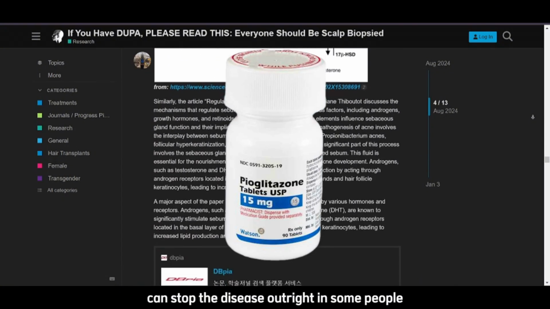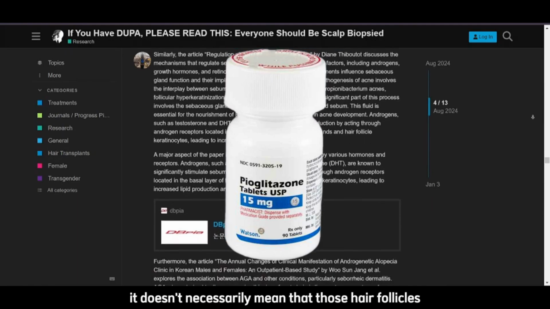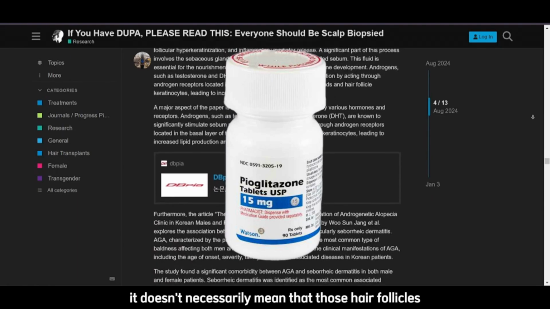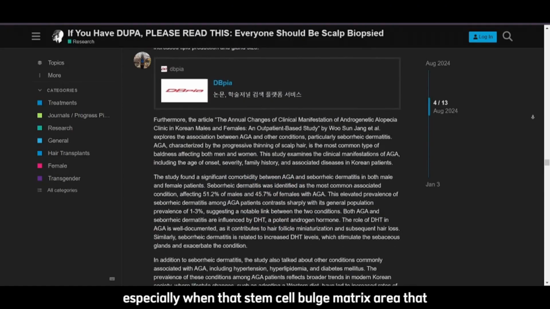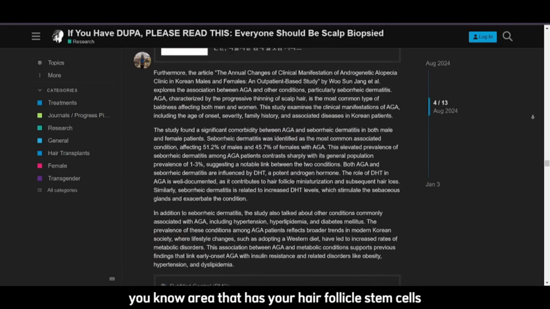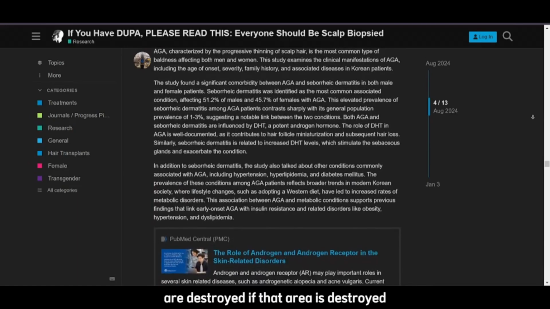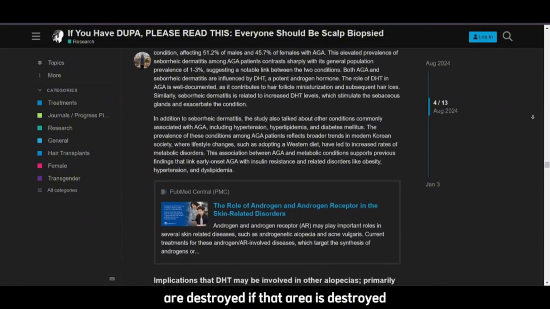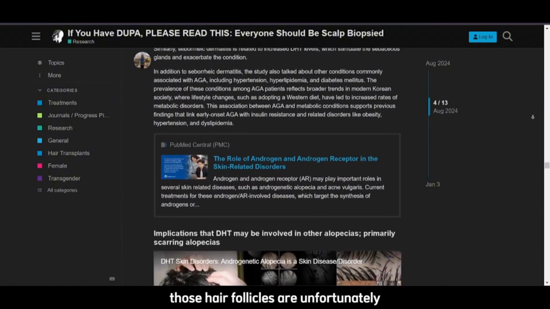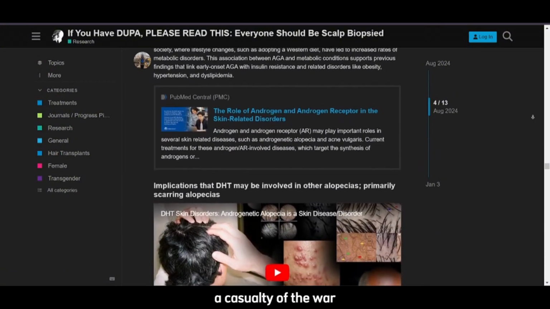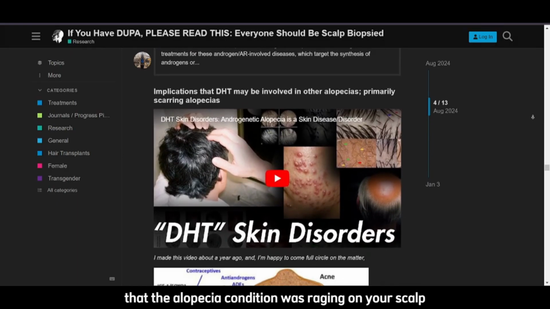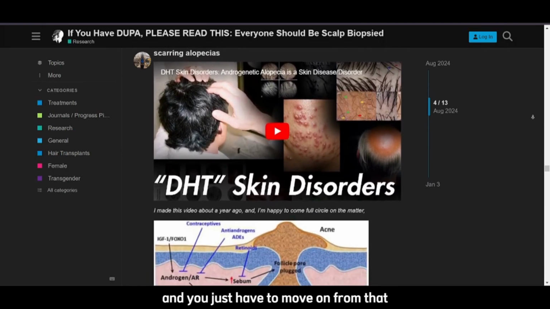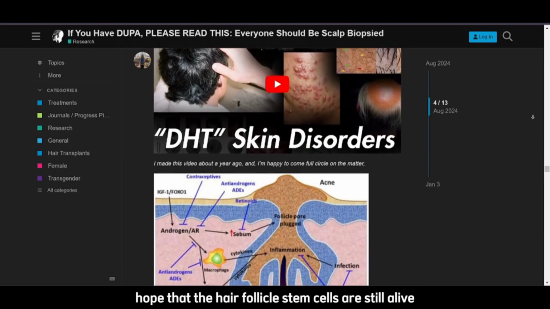Can stop the disease outright in some people, but it doesn't necessarily mean that those hair follicles are going to come back online, especially when that stem cell bulge matrix area, that area that has your hair follicle stem cells, is destroyed. If that area is destroyed, those hair follicles are unfortunately a casualty of the war that the alopecia condition was raging on your scalp, and you just have to move on from that